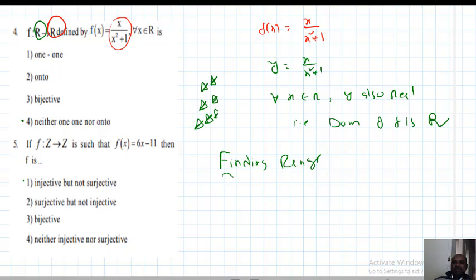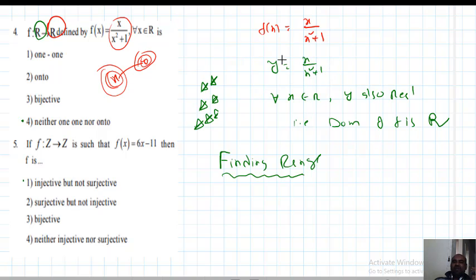Students, if a function is given in rule form, how to find the domain and how to find the range is important. I already explained how to find the domain: what real x gives real y is called the domain. Now, finding the range means the reverse process, no? This x is paired with y, so x belongs to the domain and y belongs to the codomain. So in the reverse process, what real x gives real y is the domain, and what real y gives real x is the range.